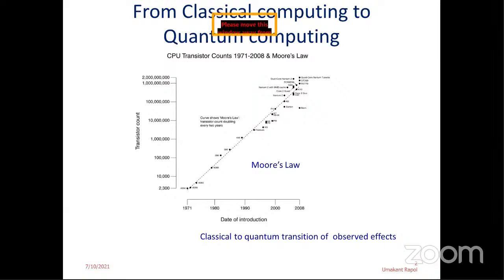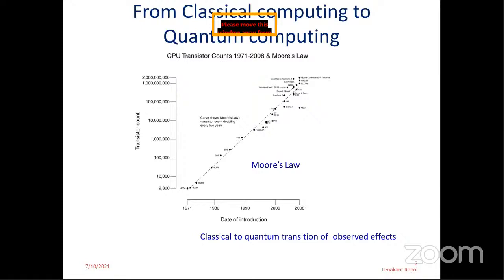for why quantum computing is being sought after so much these days. And the reasons are quite obvious, because as classical computers started evolving, all the devices that go into classical computers started becoming smaller and smaller. Over time, the number of transistors that go into building these processor circuits, which are at the heart of classical computers, started increasing. But then how far can this number of devices keep on increasing? Because at some point you're going to hit a limit.